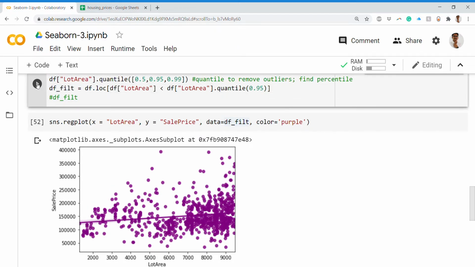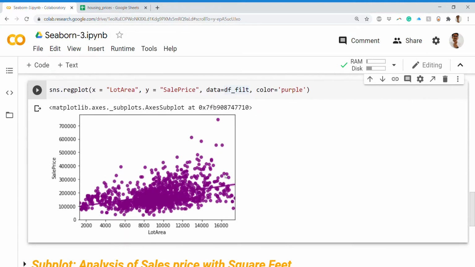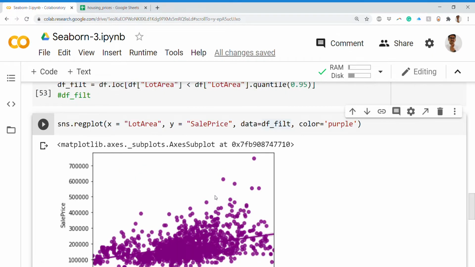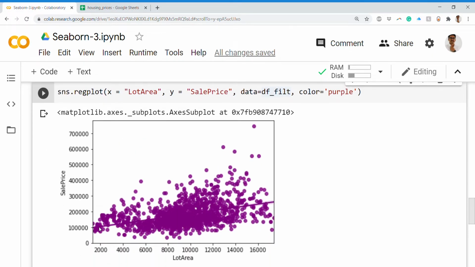So what I do is I run this with the 95th percentile, and if I plot this, now we are talking. Here we observe this very thin regression line that is passing through. If I zoom a little bit, okay. So you see this very thin regression line, and at the center there is a majority of the data points that it's covering.